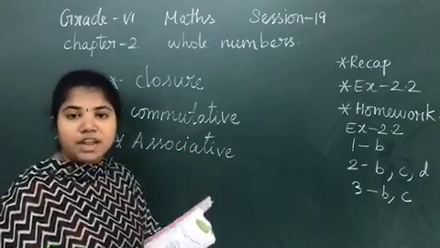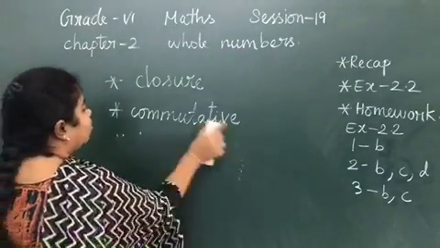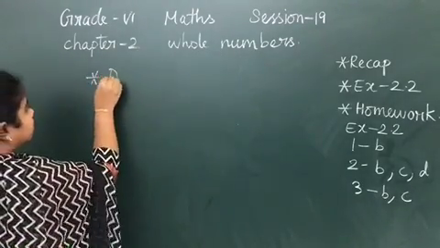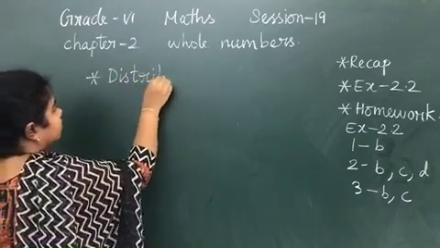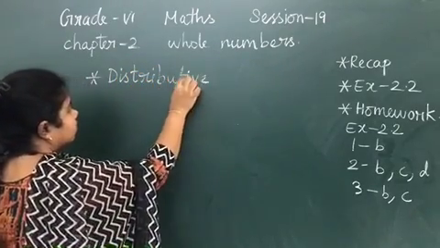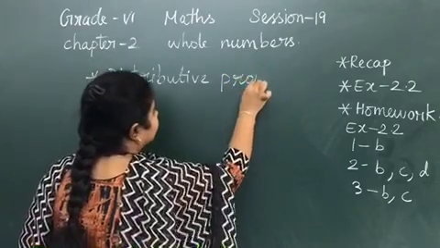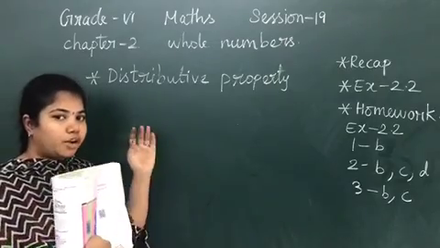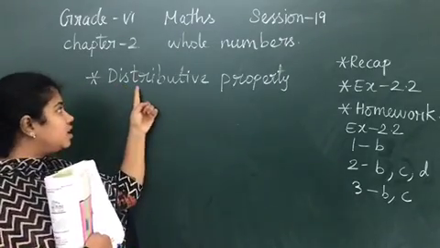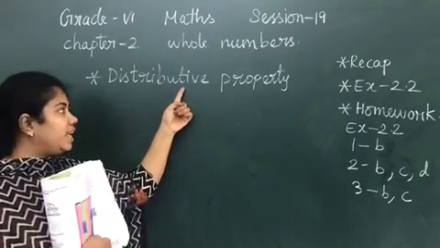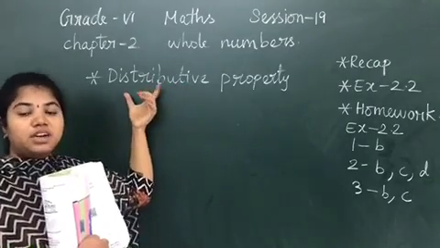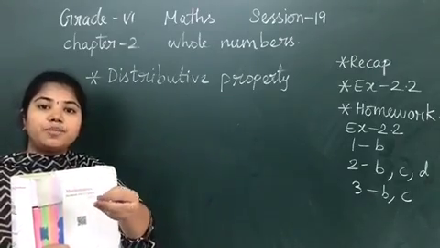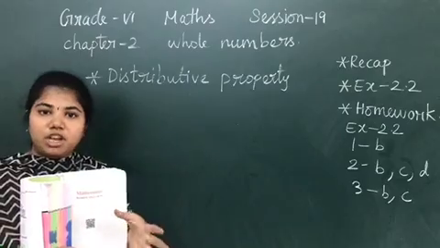Now what is the property left out here? Distributive property. Let us now discuss the distributive property. What is the spelling of distributive property? D-I-S-T-R-I-B-U-T-I-V-E. Distributive. Distributive in the sense, what is the meaning of distributing? You are going to distribute some set of notebooks to several members. That is the meaning of distributing, right?